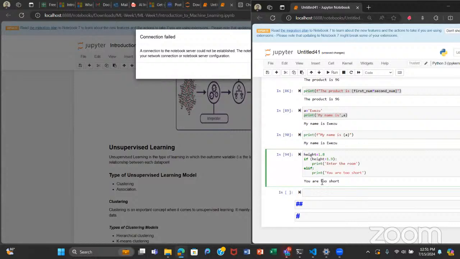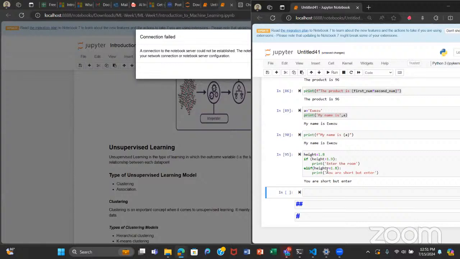We could then make use of an elif statement, and say... So this is our elif statement. It's used when we want to execute a block of code when we want to execute a block of code.